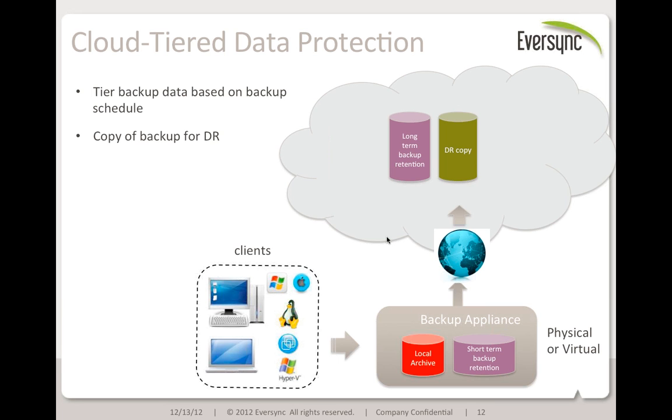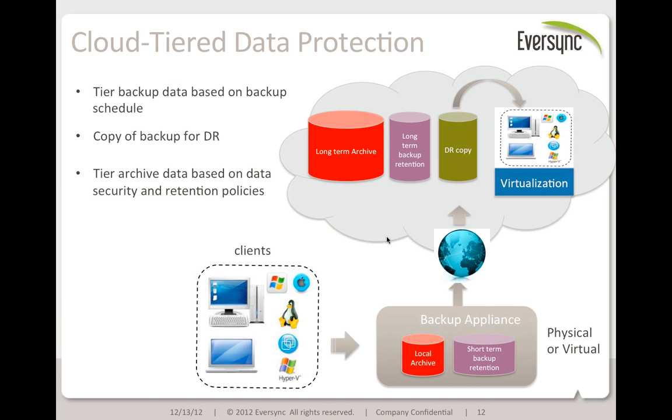Also make sure that you have a full copy of backups for DR purposes, and gives the ability to restore and run out of that DR copy in the cloud during a disaster for a limited period of time. But finally, it also allows you to tier your archive data and keep archive data in the cloud to meet your retention and security requirements, but also allows you with very simple policy to keep some data in a local archive, especially if you don't feel that that data can be securely kept in the cloud.